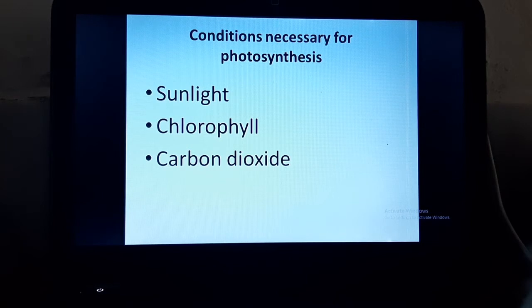through these stomatal pores. These stomatal pores remain open only when carbon dioxide needs to enter and oxygen and water vapor need to be released. Otherwise, these stomatal pores remain closed. And we have studied that water is transported to the leaves through the transportation system of the plant, which includes xylem and phloem. So water which is absorbed by the root is transported along with the minerals to the leaves through xylem. This much we have discussed.